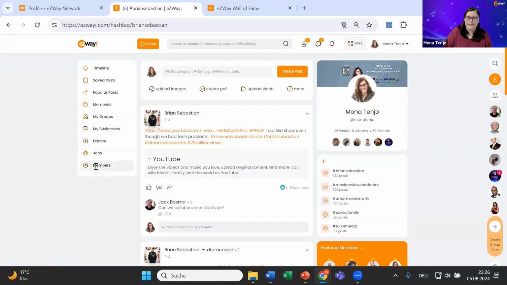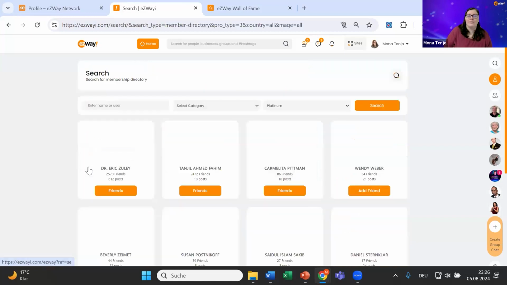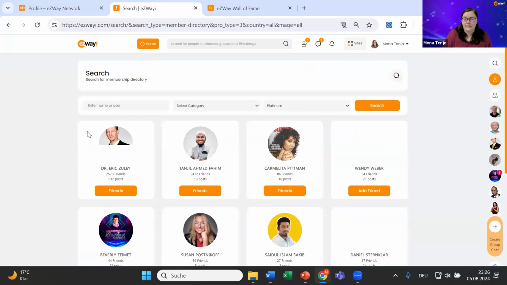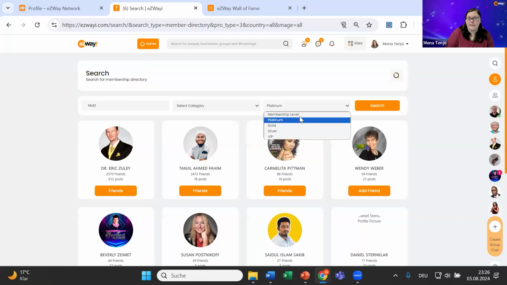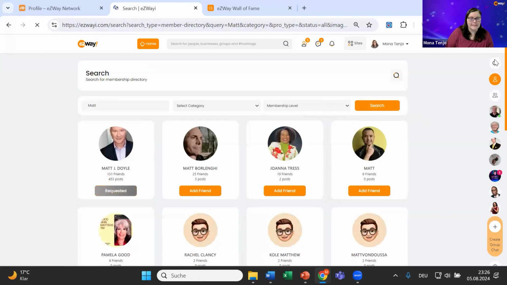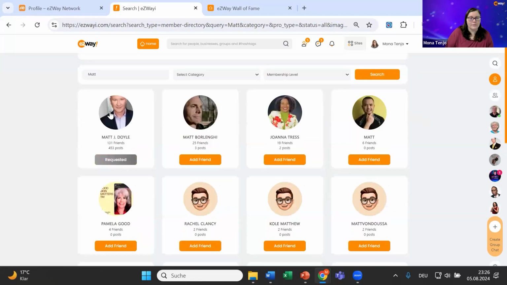So let me just do this right now as we are here, because this has been recently added and it's a great feature in my opinion, because you can search the entire membership directory with additional filters. You can just enter a name, right? So if I want to search for Matt, I can just search Matt. And I don't select the membership, because maybe I don't know which level Matt is, right? So I can just search for Matt. Okay, look, there it goes. So Matt is right here.